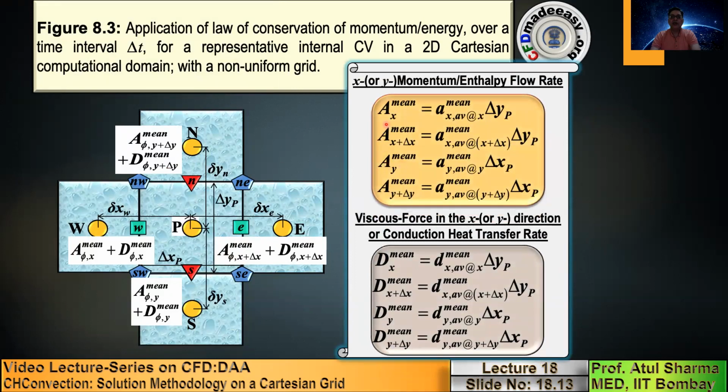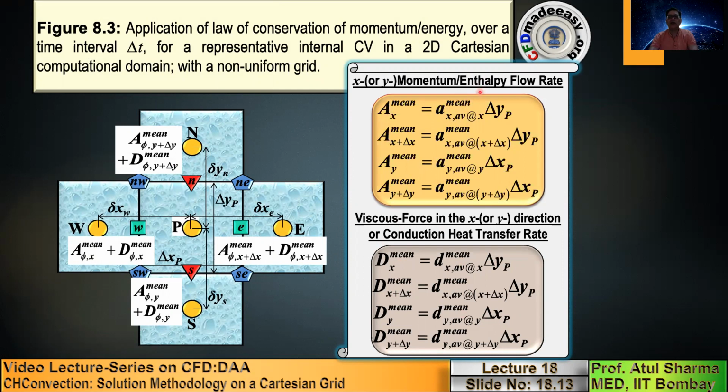And the advections on the various surfaces are expressed in terms of advection fluxes and the surface area. The total diffusion is expressed in terms of diffusion flux and the surface area, where by using the first approximation, the advection fluxes are represented in terms of one point value, which corresponds to the surface average value, which I had presented in the previous slide for enthalpy flow rate. Now, in the previous topic on computational heat convection, instead of A we had small h, and this capital A corresponded to the capital H enthalpy flow rate.